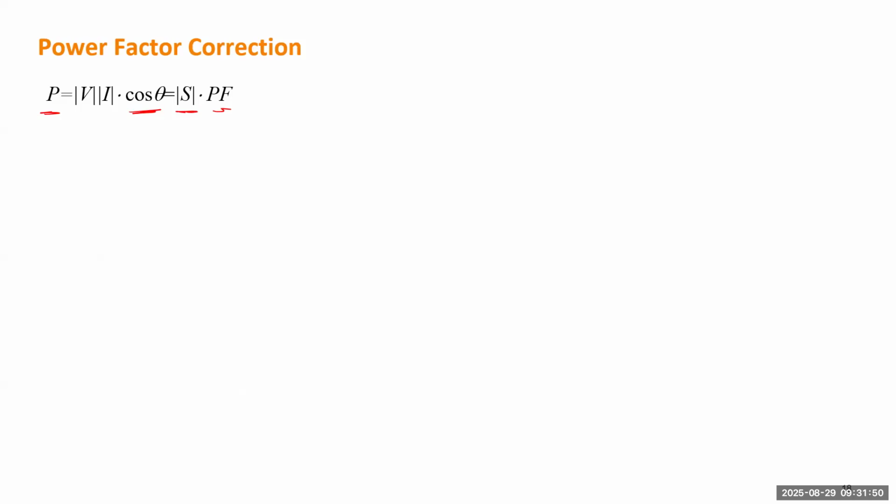And the power factor, because it is the value of cosine theta, will always be less than or equal to 1. But if we can make the power factor very close to 1, we fully utilize this apparent power to become real power. But if your power factor is bad, which means very low, much lower than 1, you only utilize a certain percentage of apparent power to deliver real power,